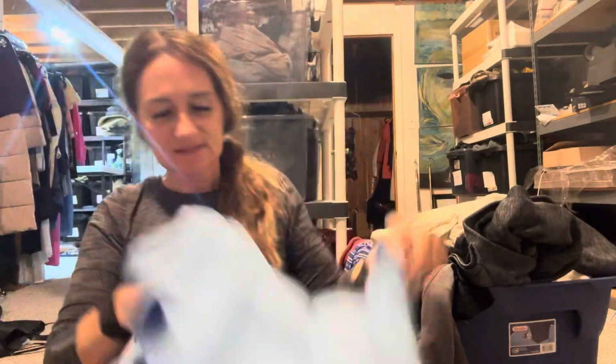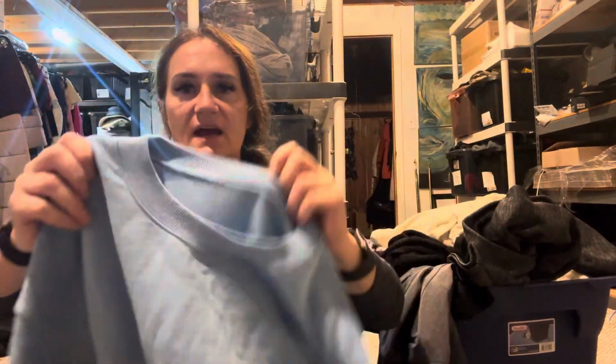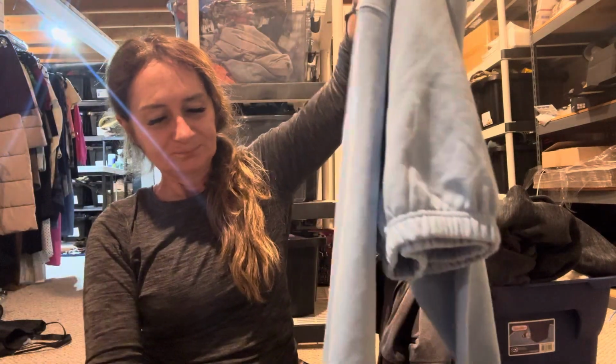This next thing is listed. I've gotten a lot of lowball offers on it. So when I first looked at this, I was like, oh, that's too bad. There's no tag. There was no inner care tag. And I was like, shucks, that stinks. Then I was looking it over, and this is why it's really important to look things over. And I saw